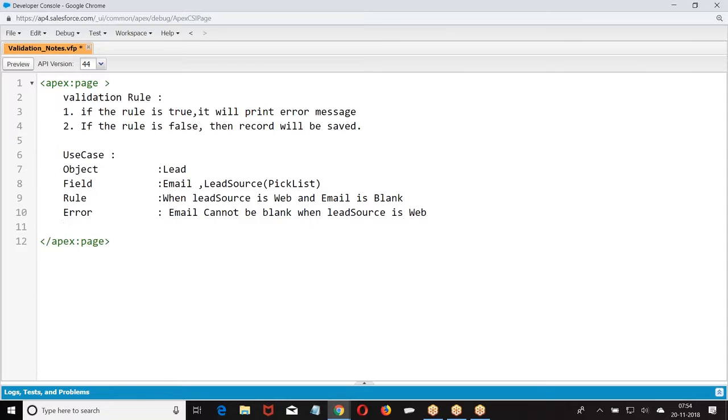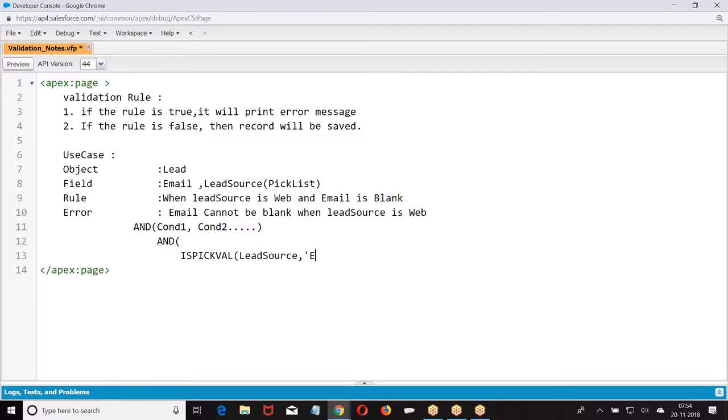So in this case, how many conditions am I verifying? There are two conditions. The first one is PICKVAL of Lead Source, because it is a picklist field.